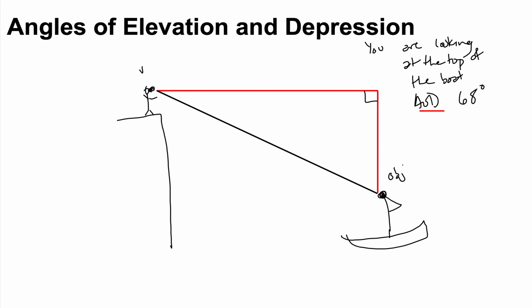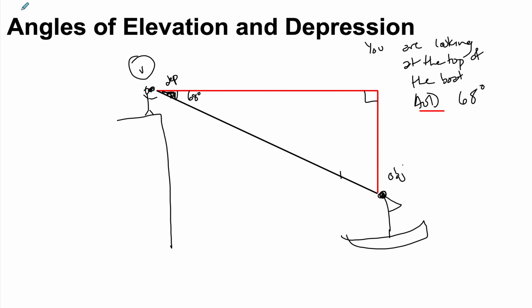So now I have a right angle triangle, and the angle of depression is at the viewer, remember. So this is your angle of depression, and this is 68 degrees. Okay, so you have your construction here. Now, once you have your right angle triangle, you can use Pythagoras, you can use the trig ratios. Because you have degrees in there, you will probably use the trigonometric ratios to find any of the missing lengths